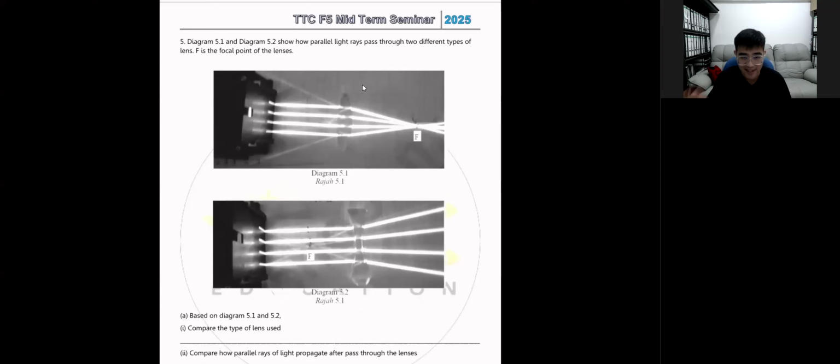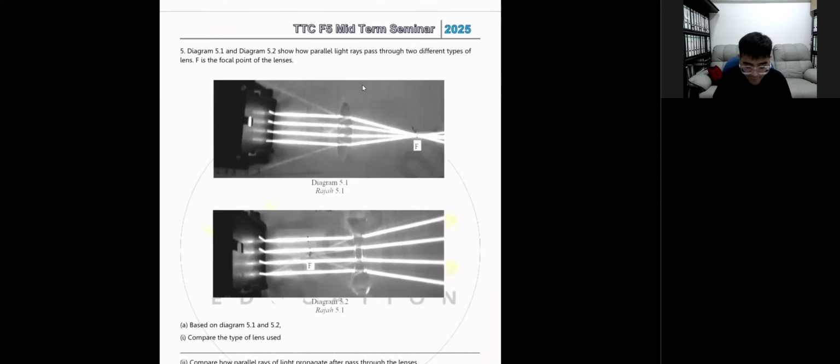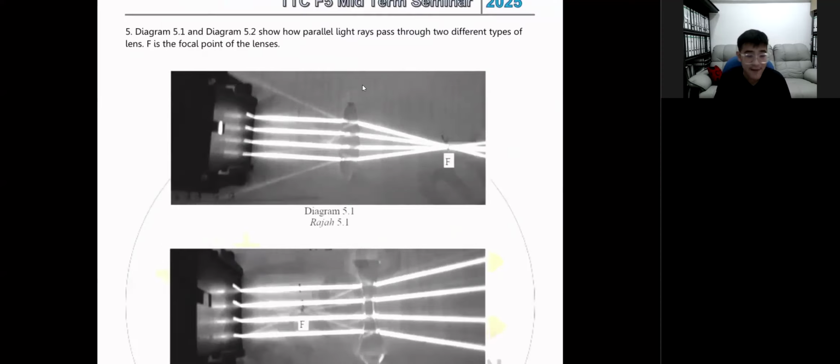Question number 4 is also a lens question, but question number 4 only has a convex lens. In this question, you have a convex lens and also a concave lens, both. So we can solve one question while doing two types of lens questions. If you look at question number 5 on page number 15, the question says diagram 5.1 and